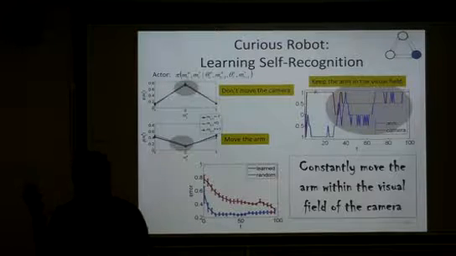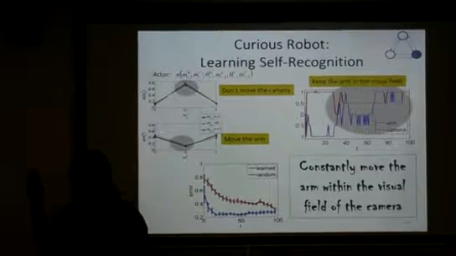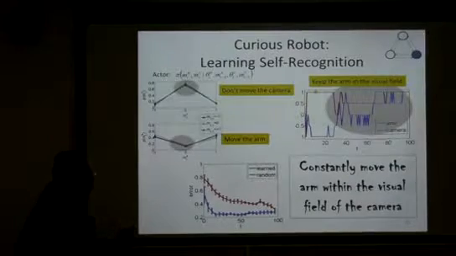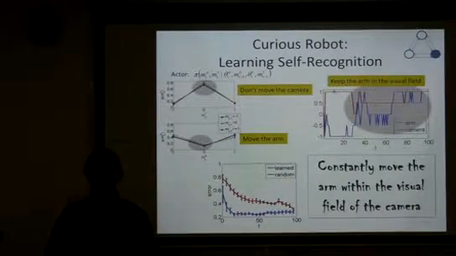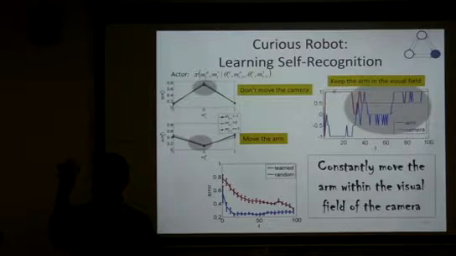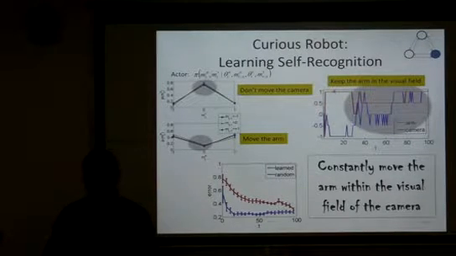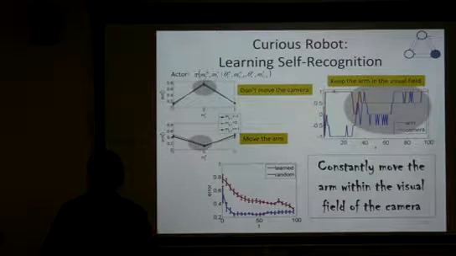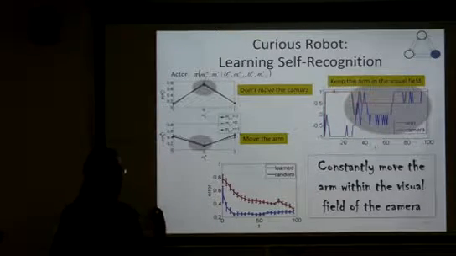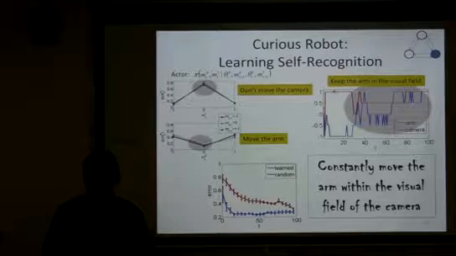So what you actually want to do is do something like this, which, if you have enough imagination, is what babies do, which is follow babies and drunk people. They're looking at their own hand and get mesmerized by it. And this is what my robot learned by itself, the best motion in order to learn this self-recognition.